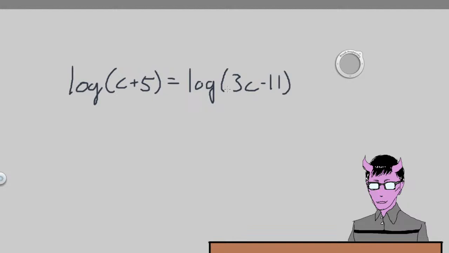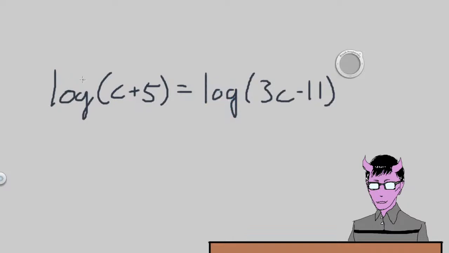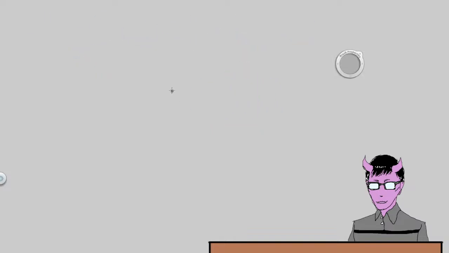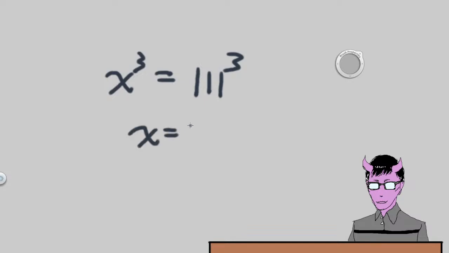If you see log with no numbers. Alright, this is kind of a weird situation. We have log of something and then log of something else, but they're equal to each other. This is actually similar to exponential situations. So let me show you something real quick. If you have x to the power of 3 is equal to 1 to the power of 3, since the exponents are the same, then the bases must be equivalent. So x equals